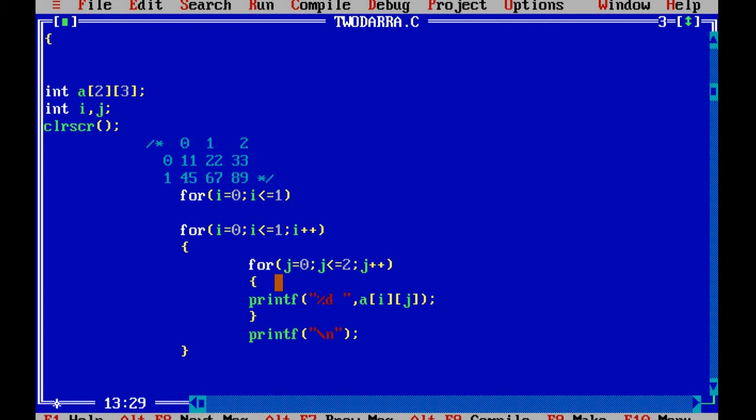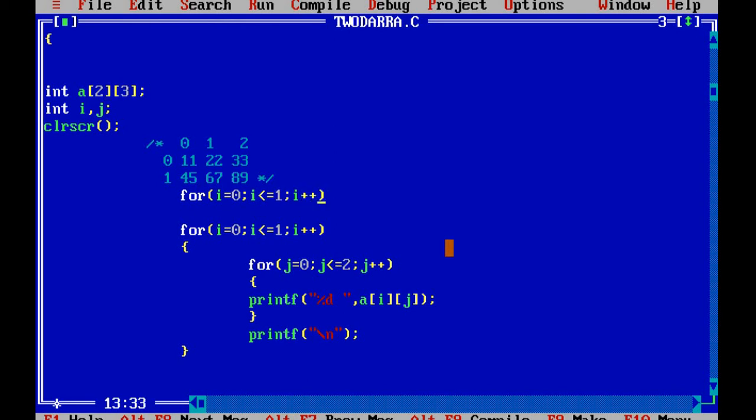So less than 2 you have to write. If you have taken a 3 by 3 array, in that case your row starts from 0 and ends at 2. In that case I will say i less than or equal to 2. But in this case I said it is 2 by 3, it means it will stop at 1 only.